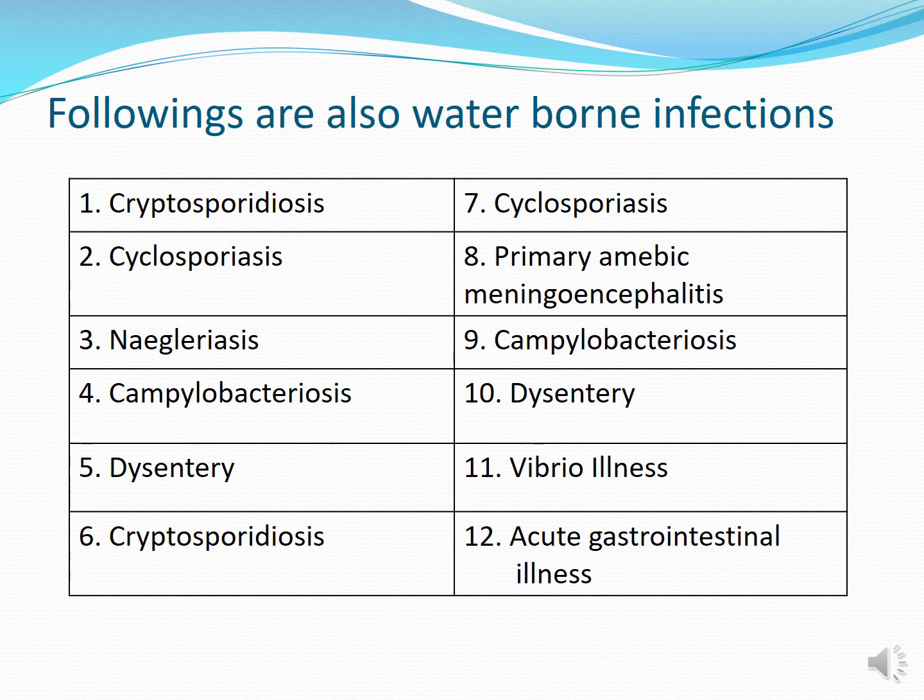There are some other diseases which are not very common but are transmitted by the contaminated water, by the pathogens which cause cryptosporidiosis, cyclosporiasis, Giardiasis, campylobacteriosis, dysentery, primary amoebic meningoencephalitis, vibrio illness, and acute gastrointestinal